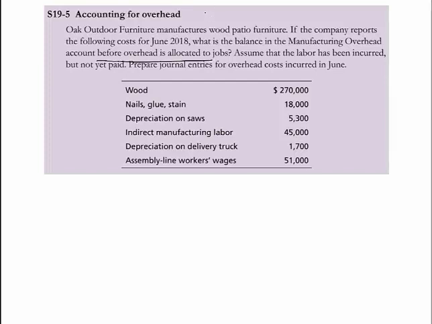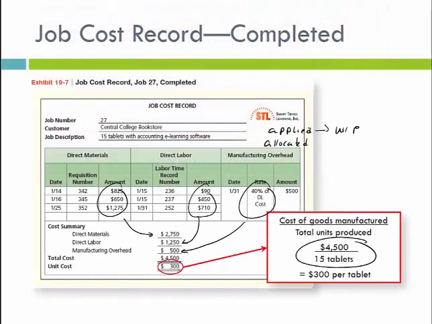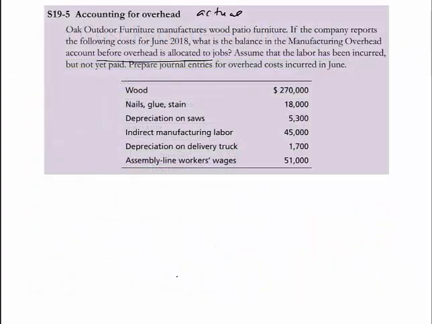So that means this one, they want the actual. Now, in this book a lot, I feel like they act like they just wait to the end of the year and then apply all the overhead, but it would really kind of go by jobs, like we see in this one. So as the job goes, they're just going to keep adding overhead to each job, and then by the end of the year, you would have a bunch there. Okay, so